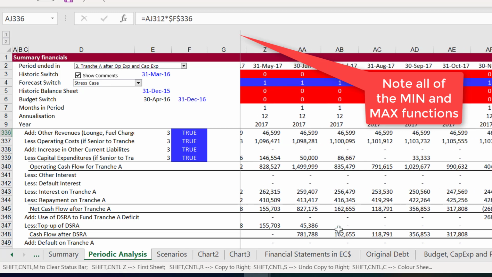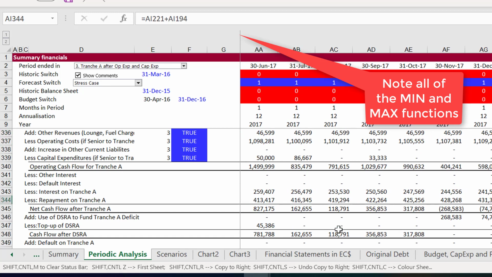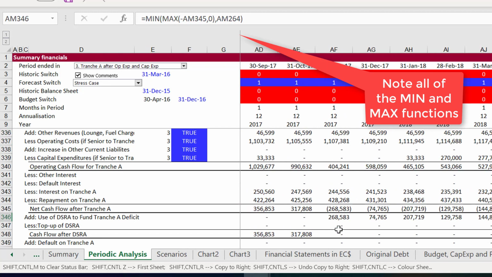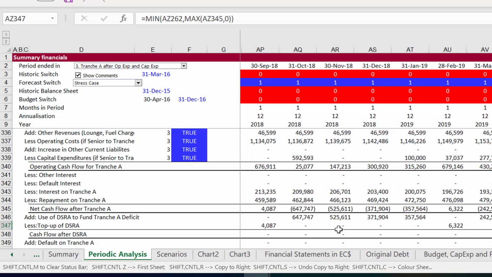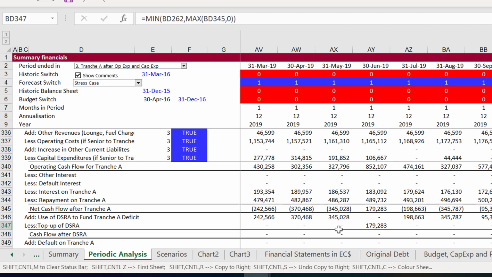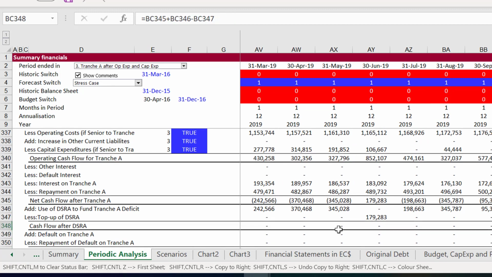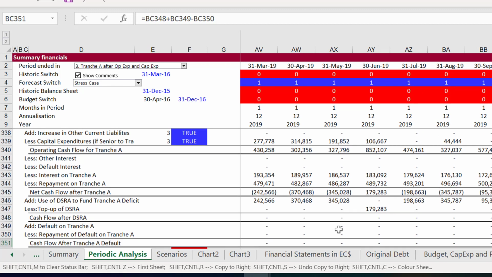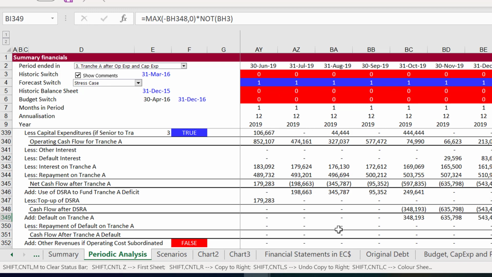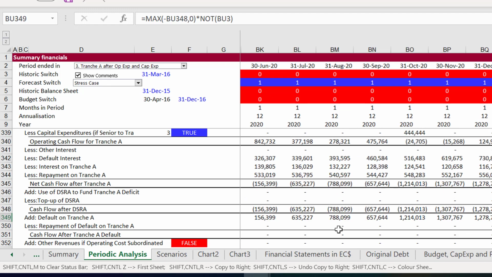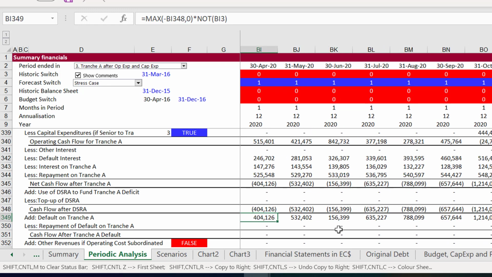And then if you still have some cash flow after that, then you can start going down and paying your subordinated debt. And then we go here, and I had some more negative cash flow. I want to get to a situation where we had some negative cash flow, and then we have nothing left in the account. So that now we actually have a default on our debt, and that's what we're really evaluating.